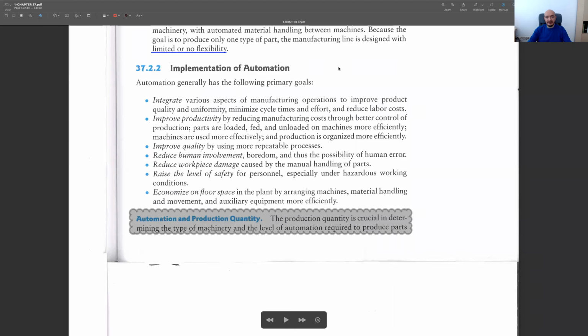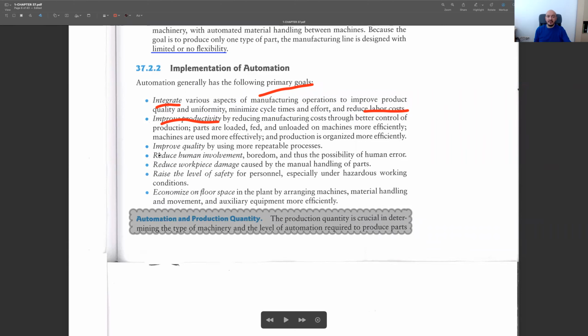Let's have a look at how we implement automation and why we are implementing automation. What are the primary goals? The goals are these. We would like to integrate different types of manufacturing operations to improve the quality, uniformity, minimize the cycle times, and obviously decrease the labor costs. And we would like to improve the productivity so that in the same amount of time you will produce more